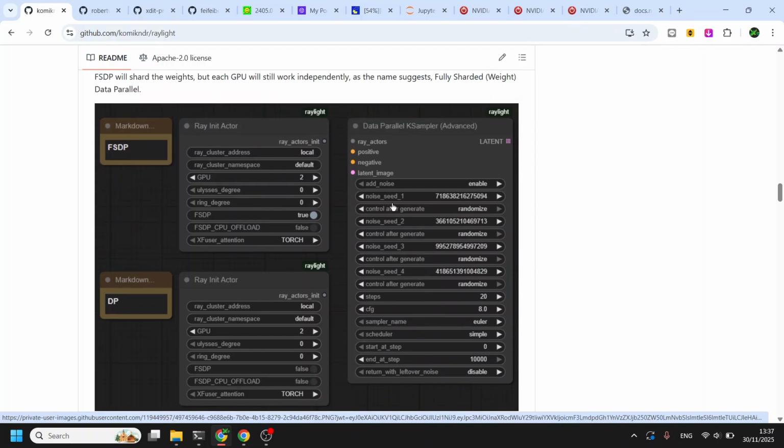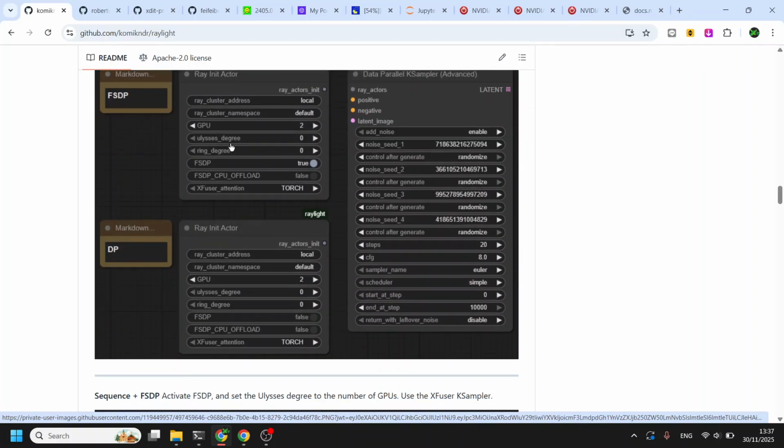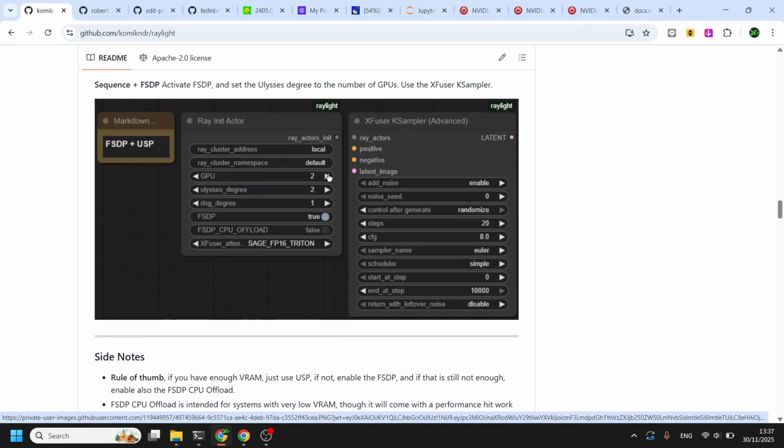So, yeah, this is another byproduct of FSDP, basically a free upgrade, a free feature. I haven't updated this picture, but you have to zero all the parallelism degrees. You can use FSDP, you can disable FSDP, and you can use both FSDP and USP.